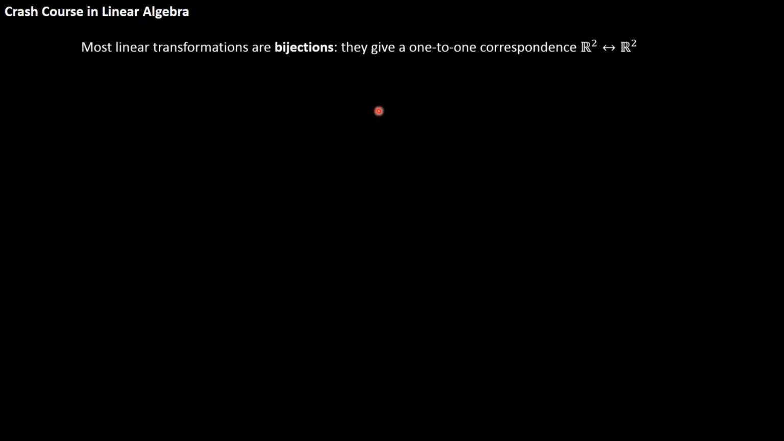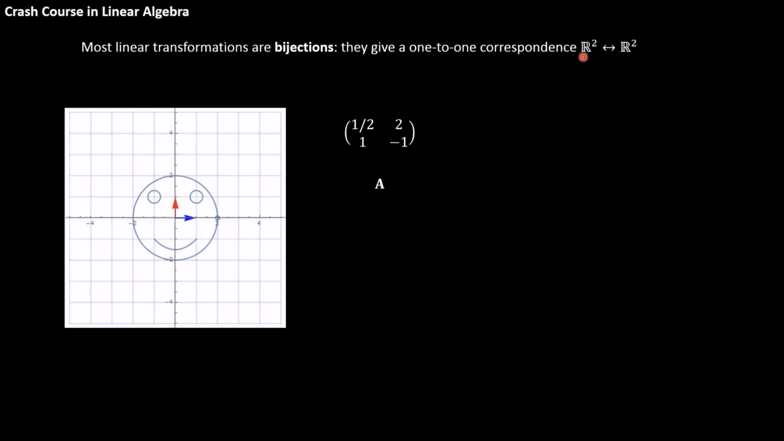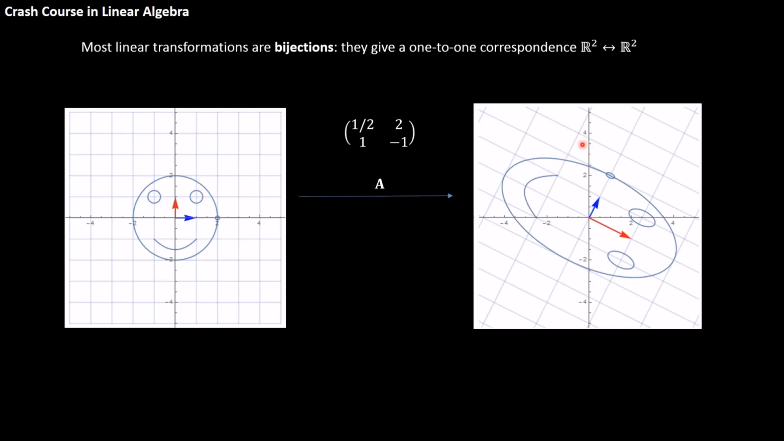So every single linear transformation that we've considered so far has been a bijection, meaning it gives a one-to-one correspondence between the domain and the target space over here. What do I mean by one-to-one correspondence, you might ask? Well, take any point here, such as this one. This is the point 2, 3, and it maps